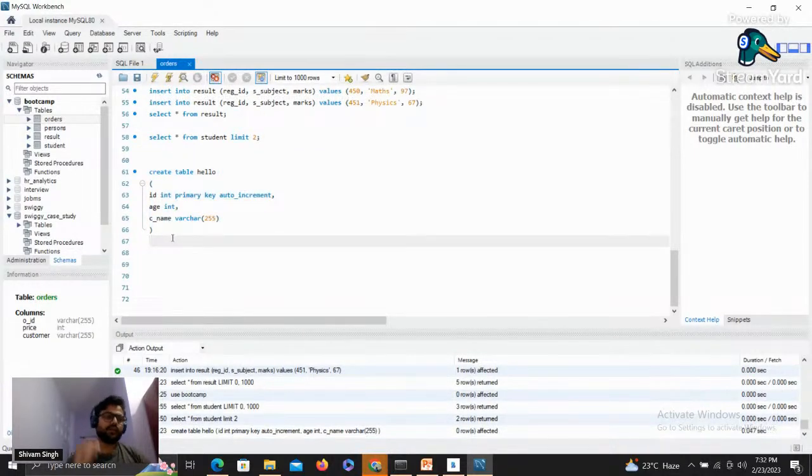Now what I can do, I can simply write insert into hello, and inside the hello I can take ID, I can take the age, and I can take the CD. Okay, insert into hello values. Okay, and here I can take maybe